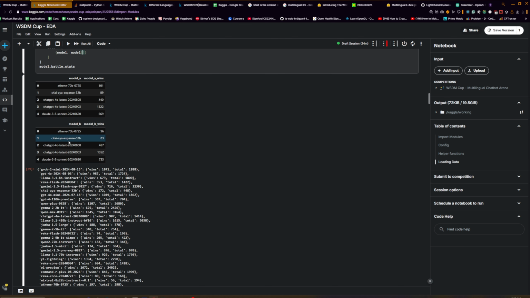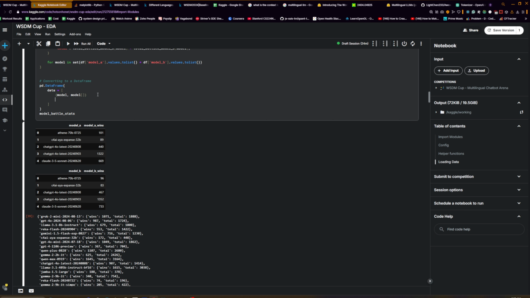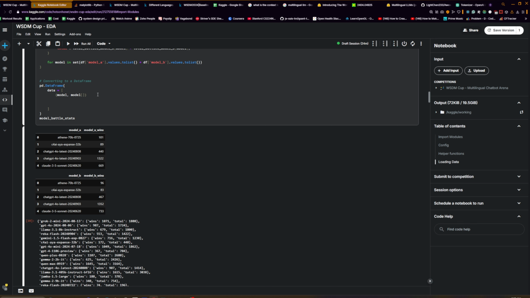Okay, this becomes a dictionary for me. So let's write it first here. So I have key value pairs. So for model, comma model stats, in model_battle_stats.items(). Okay, once I get this, model goes here. Now this model stats wins goes here, and